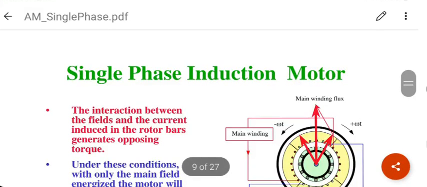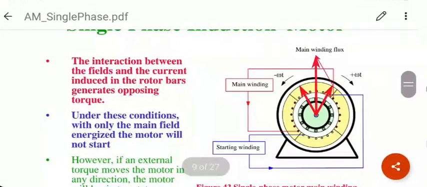Now to get the rotor started, what we do is we use that second winding called auxiliary winding or starting winding to initially cancel one of the rotating fluxes, at least partially. Like right now, in the beginning, both the fluxes are oppositely rotating and have equal magnitude. Suppose you make one of them weak by supplying current to an extra winding called starting winding or auxiliary winding. Then the net torque developed will be more than zero because one field has weakened. So the rotor starts rotating, depending on which of the fields is stronger.